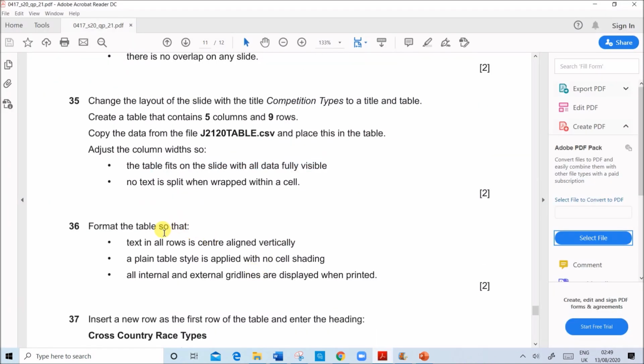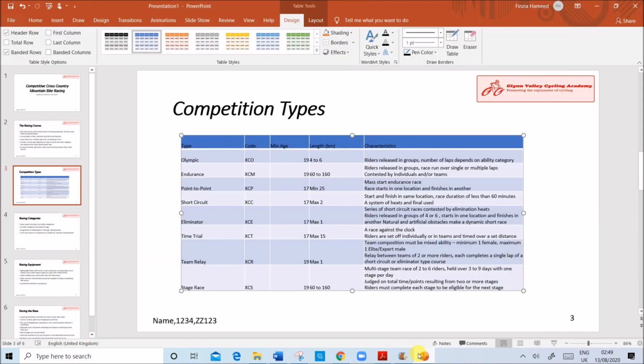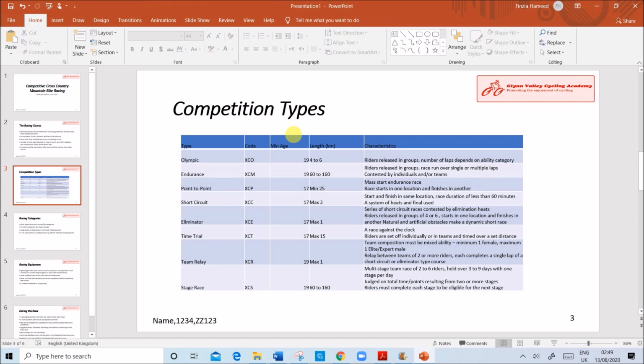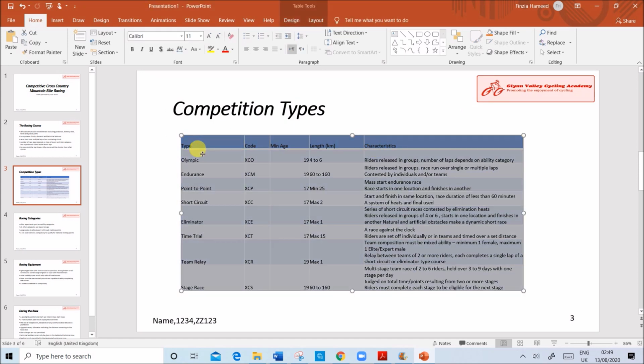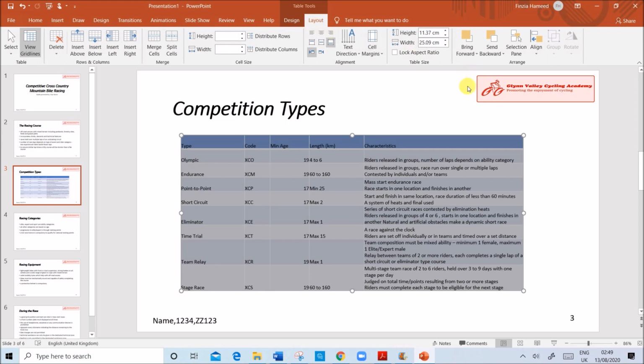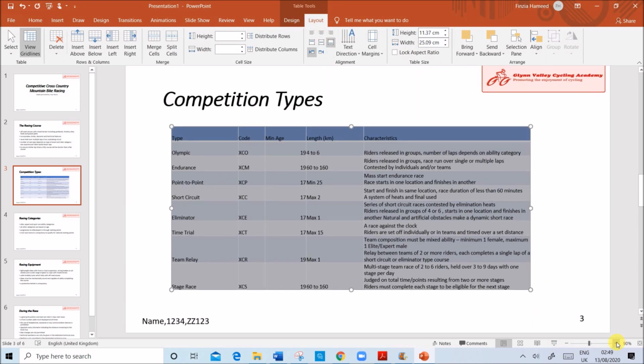Now format the table so that text in all rows is center aligned vertically. So select the complete table. Now click on layout. You can see vertical alignment here. This is center vertically.